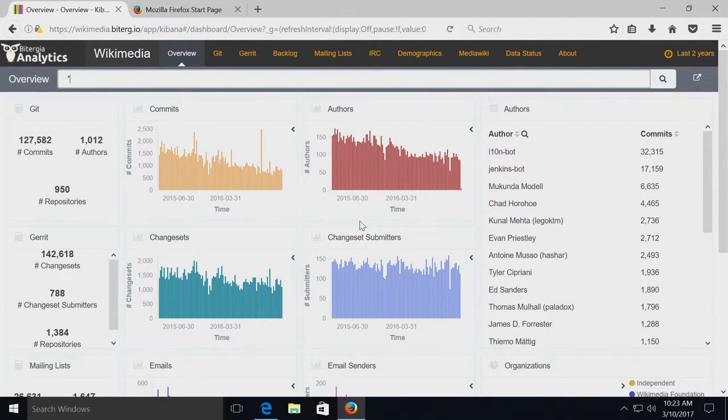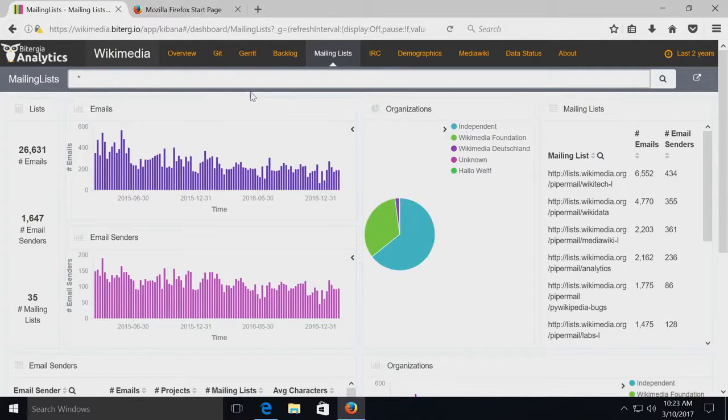So this is just some interesting statistics giving an overview of the community. We're doing lots of work in cleaning things up and sorting things out, things that were upstream with other libraries sometimes got mixed in with things. So this isn't super solid, but it is really great because we include things like mailing lists and other bits of demographic information. So on all of our mailing lists across the movement, again, not just MediaWiki, you can see what organizations and frequency of emails and things like that.